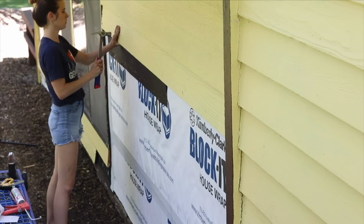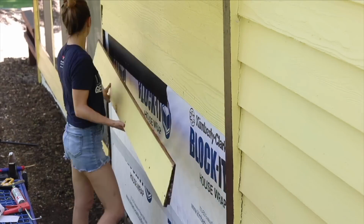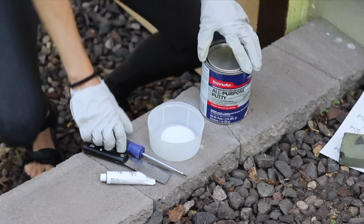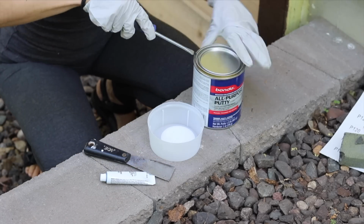I had never done a repair like this before, and when I was done, I wondered why I hired out patching up the doorway. Another thing I tried for the first time on the exterior of this house was using